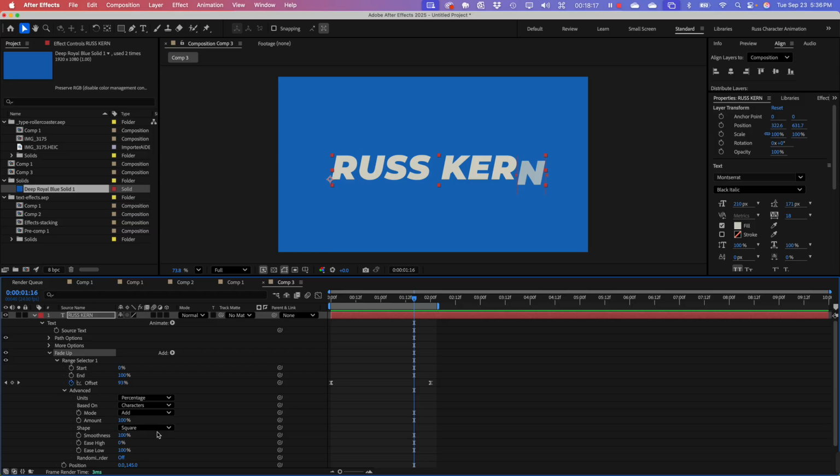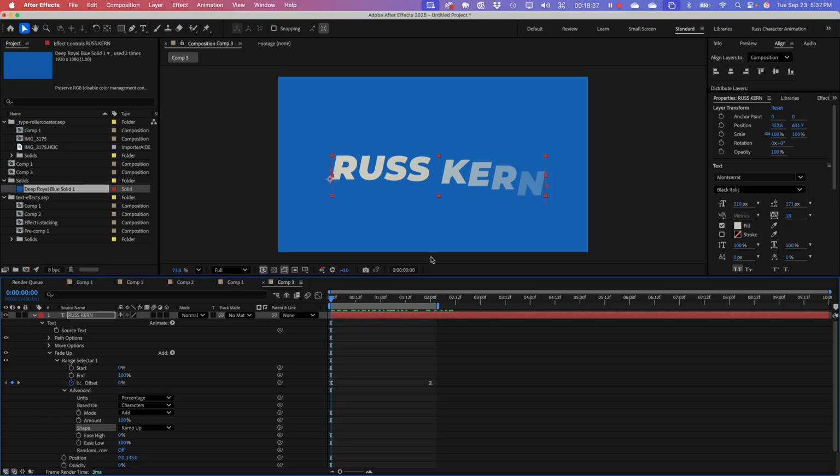There are other options here. We've got ramp up, ramp down, triangle, round, and smooth. I'm just going to look at ramp up. If I change square to ramp up, you'll notice that when I scrub across here now, it's not animating the same way. It's because my offset isn't quite right. So if I go back up here to this offset,